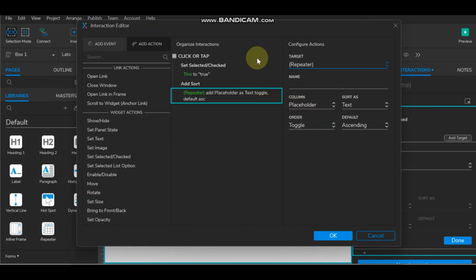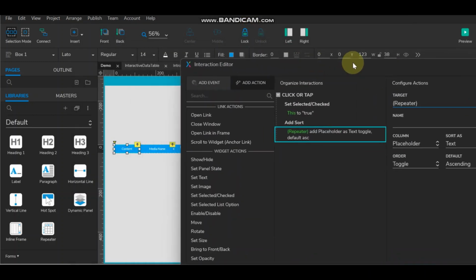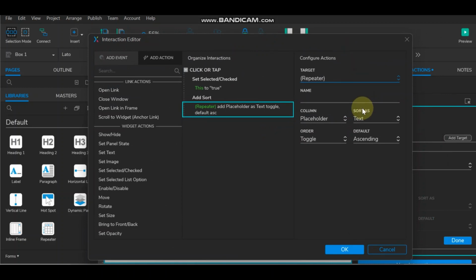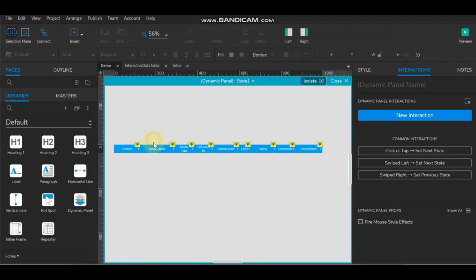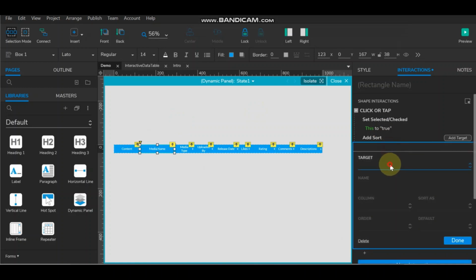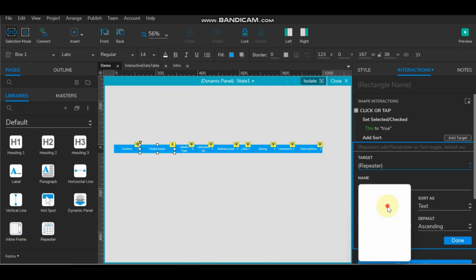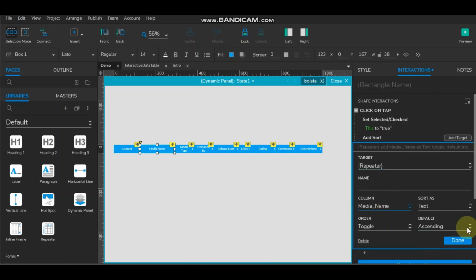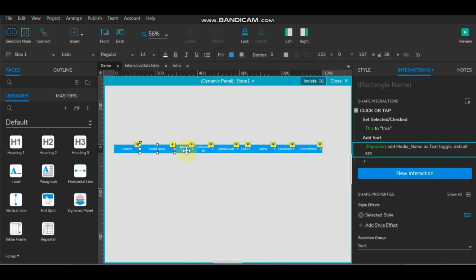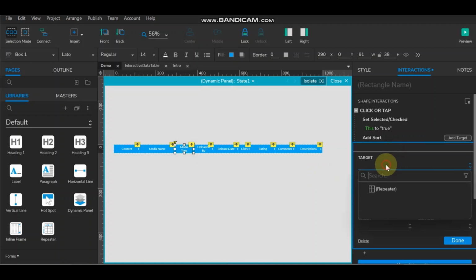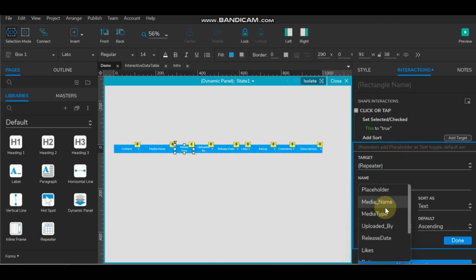So column name is placeholder. Okay, so here content placeholder, then text, toggle ascending. So here for media name, same way repeater, and here we have the media name, media type repeater. Here we'll select the media type,